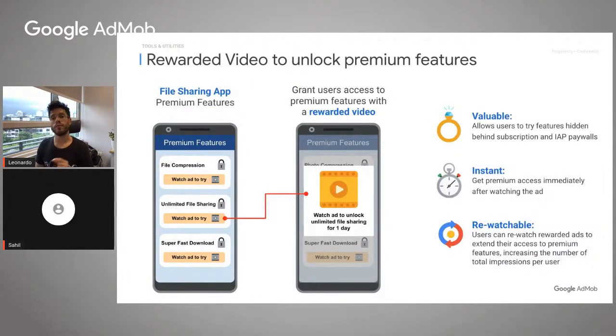If you look at rewarded video ads instead, you can grant users access to premium features with a rewarded video, as you can see in this example for a file sharing app. What are the benefits of this ad format? It's valuable: it allows users to try features hidden behind a subscription wall. It is instant: users can get premium access immediately after watching the ad. And it is rewatchable: users can rewatch rewarded ads to extend their access to premium features, increasing the number of